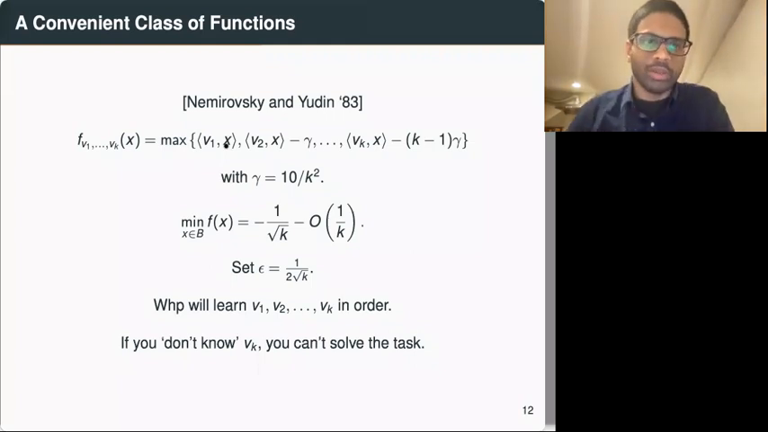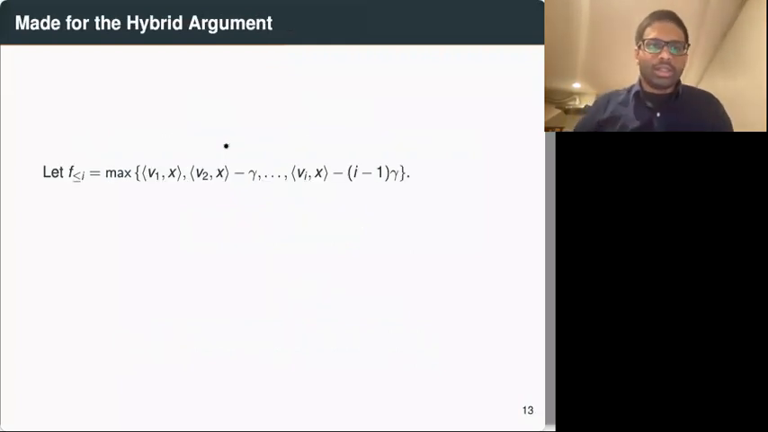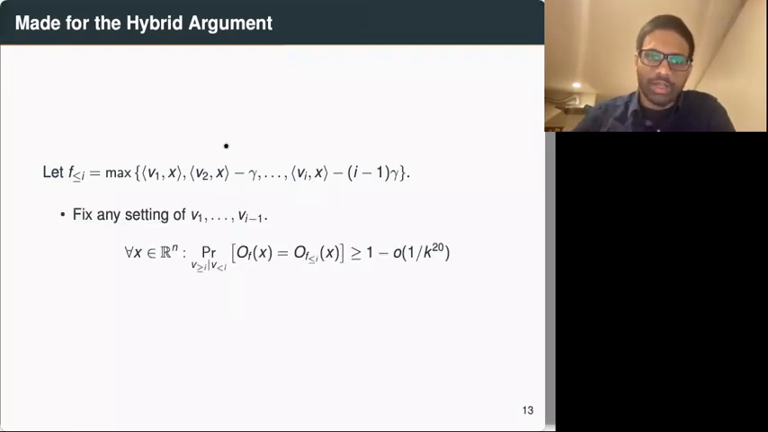And to prove it formally, we use the hybrid argument. For this, we have to define these intermediate functions, which just take the maximum of the first i terms. And these intermediate functions have a very nice property. If you fix any setting of your first i minus 1 vectors, any setting of v1 to vi minus 1, then it doesn't matter what your next query is. With high probability over the remaining unknown vectors of vi onwards, the probability that the maximum